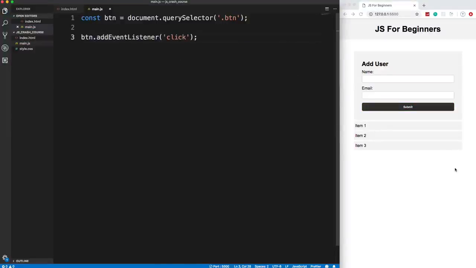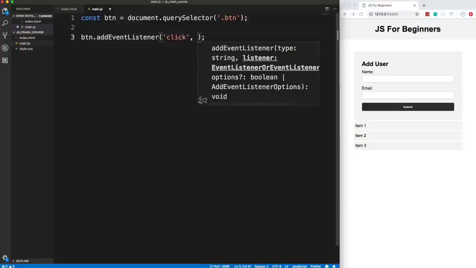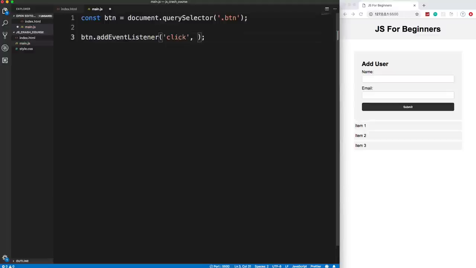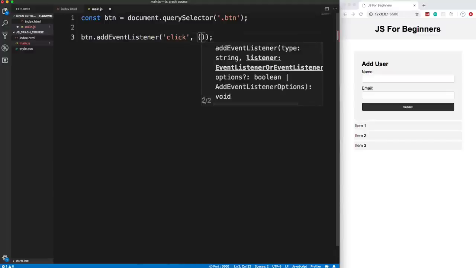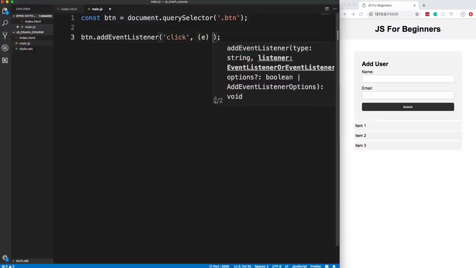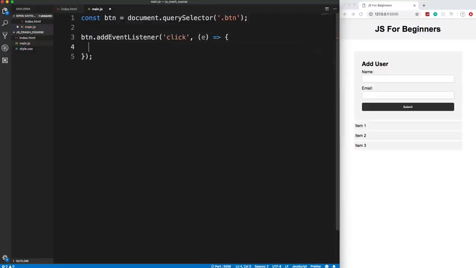Okay, I'm just going to save this to bring all that stuff back. So the first is going to be the event. The second is going to be a function that you want to run when this event happens. So when the button is clicked, I'm actually going to use an arrow function. You can just put in a regular function, but I'm going to use an arrow function. And when you use an event, it takes in an event parameter. So I'm going to just use E here. So we'll do an arrow, open some curly braces, and if I do a console log and say click and